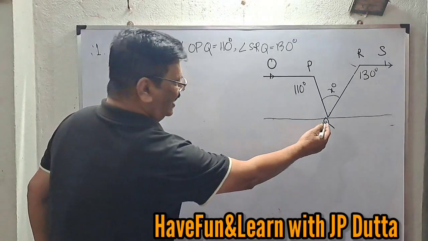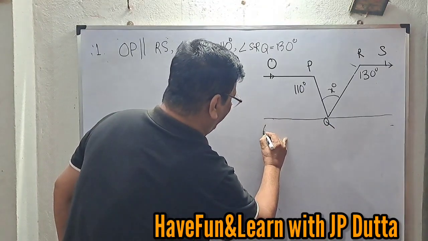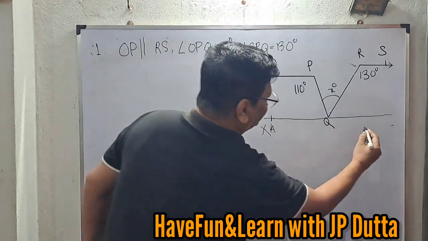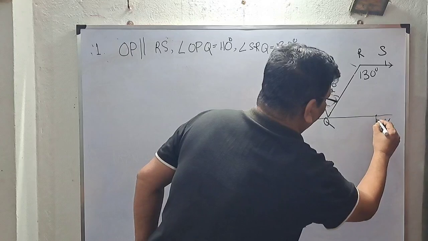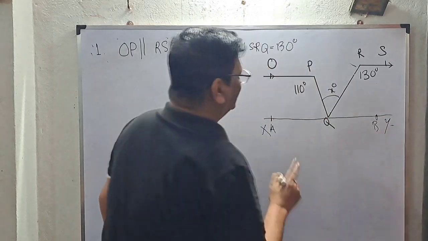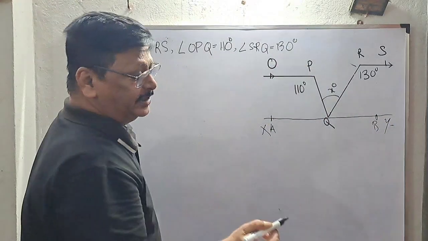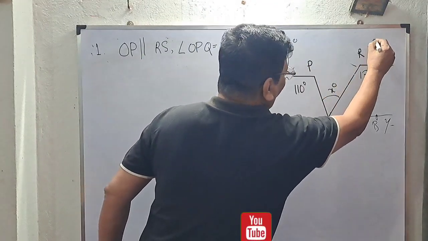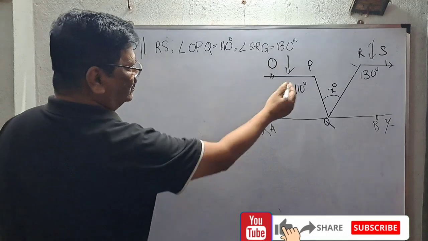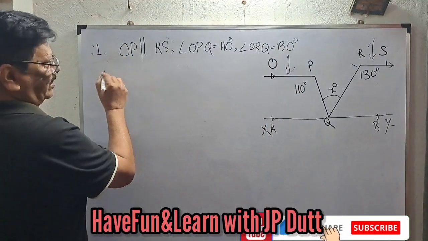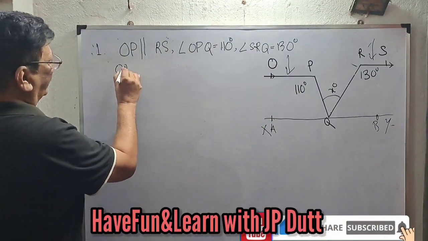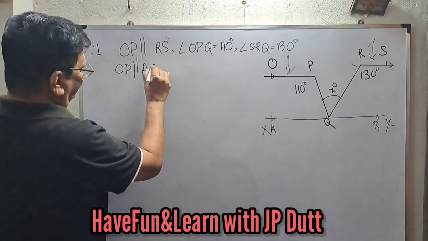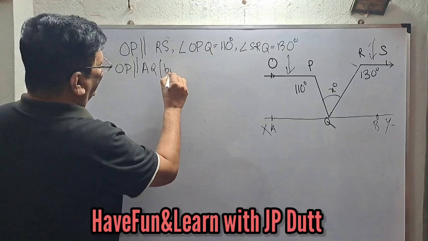So we have drawn a line parallel to this, so let us name them X, and this point is say A, and this is Y, and this point is say B. Now see, we approach this problem from two sides, from this side first and again from this side. If you apply to the left hand side, we say OP is parallel to AQ by construction,